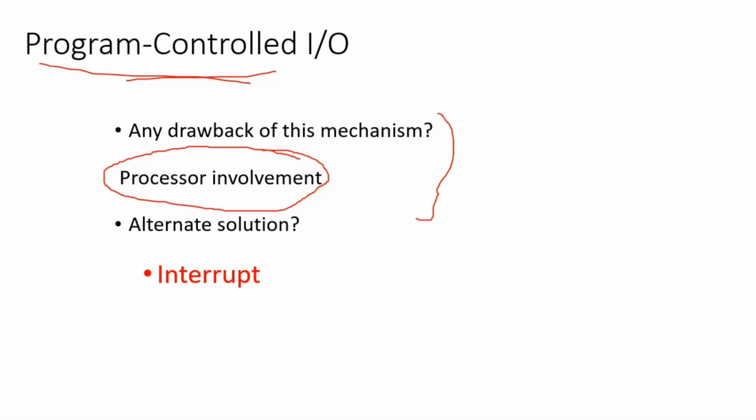What we can do here: suppose the processor needs data and the keyboard is not ready, then the processor can do its own work and come back to the keyboard when the data is ready. But how can this be implemented? We implement it using interrupts. Interrupts are one more way of communicating with input output devices other than program controlled IO. And one more type is direct memory access. So other than program controlled IO, we can communicate with the IO devices through the processor using interrupts and direct memory access. Interrupts and direct memory access, those two concepts are discussed in module 2.